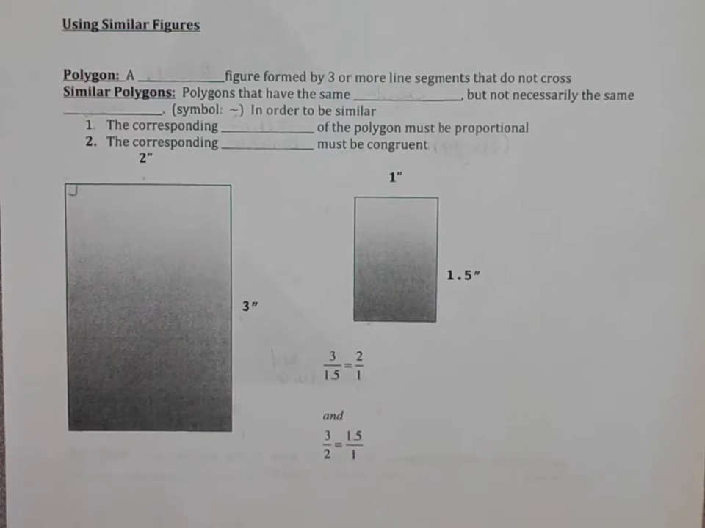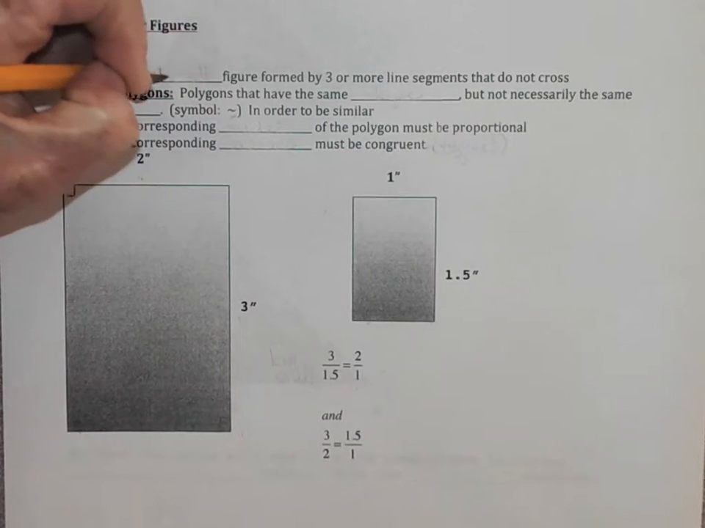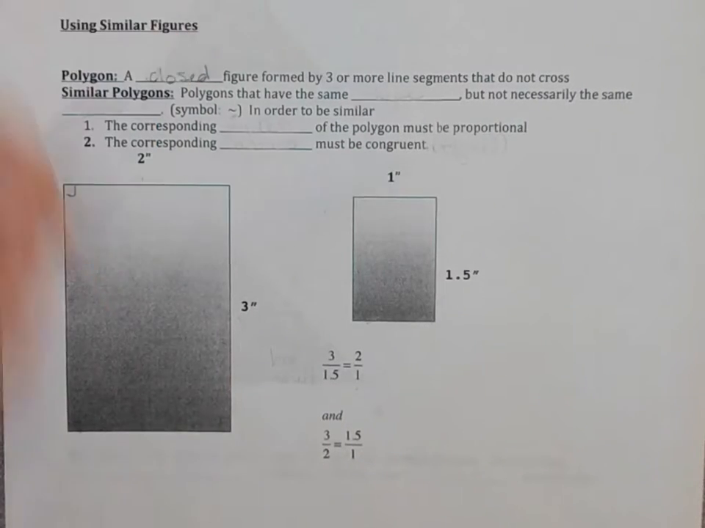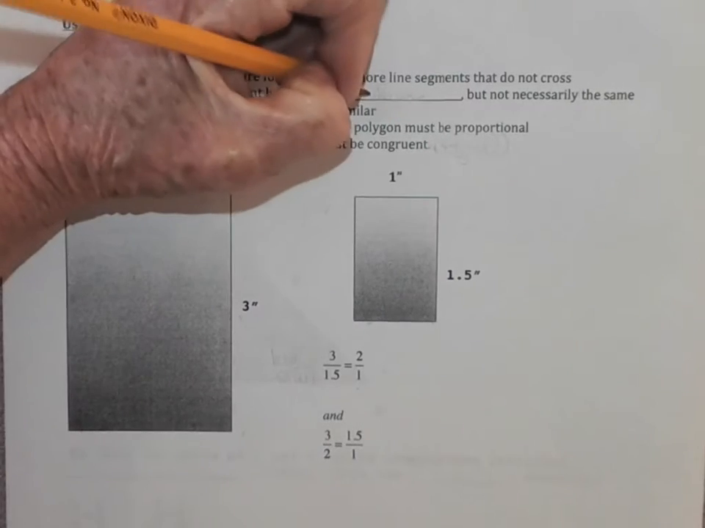Lesson on similar figures, and in particular we're talking about similar polygons. A polygon is a closed figure formed by 3 or more line segments that do not cross. So for example, these rectangles, triangles, pentagons, hexagons, as long as the lines don't cross each other and it's enclosed, then it's a polygon. Polygons that have the same shape